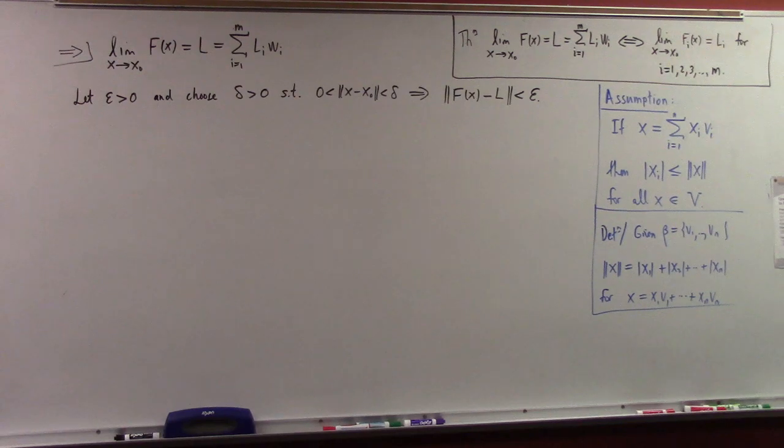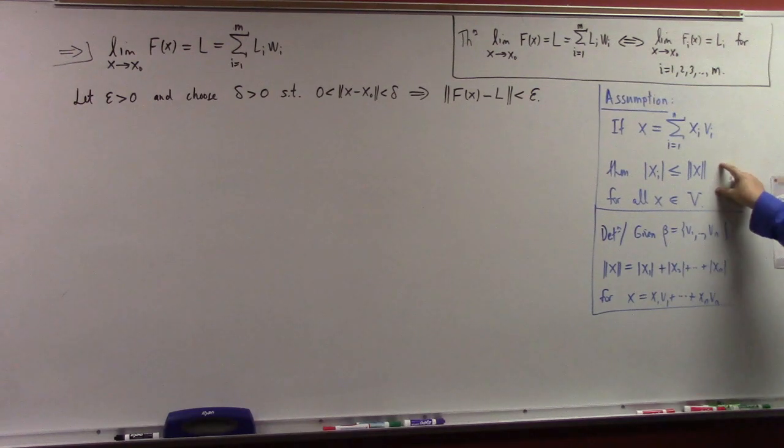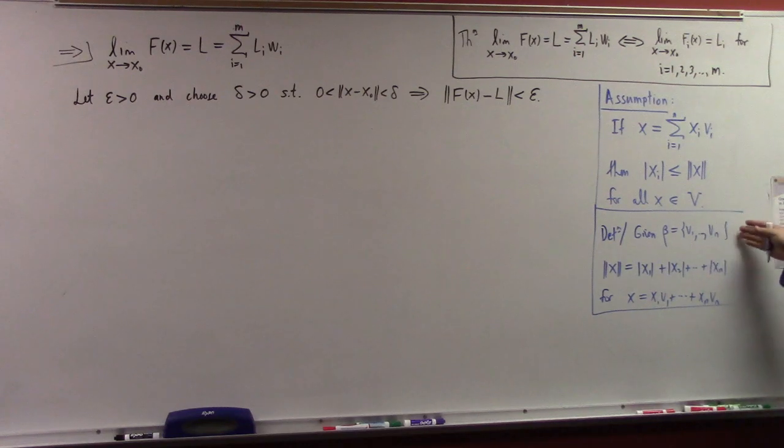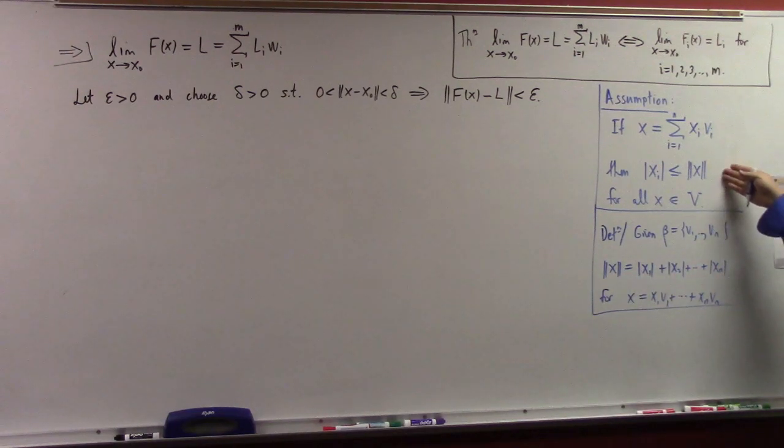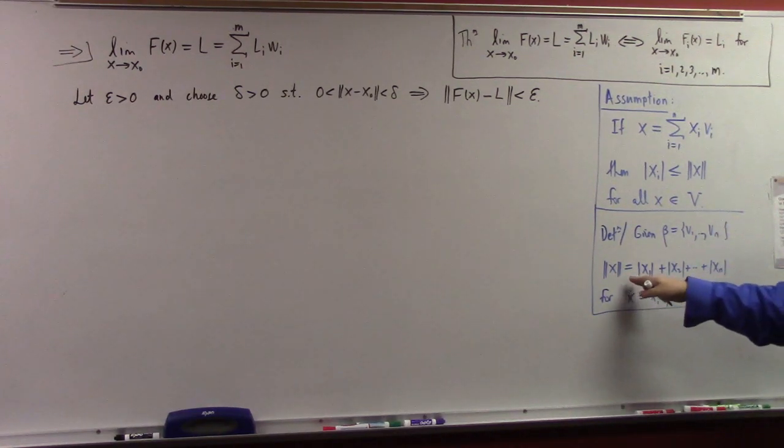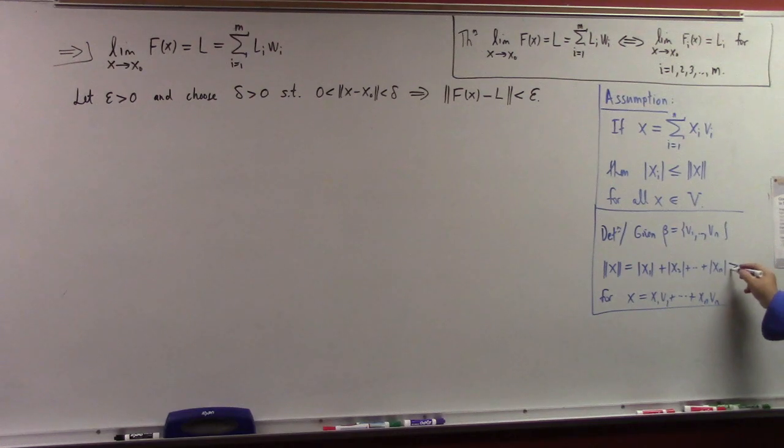let's assume that we've constructed, so let's say this. If the vector space you're given doesn't already have this property, then we're going to replace the norm that we're given with this norm that we can construct over the basis. And then this clearly has the property that this is greater than or equal to any particular absolute value by construction, right? All right. Okay, so